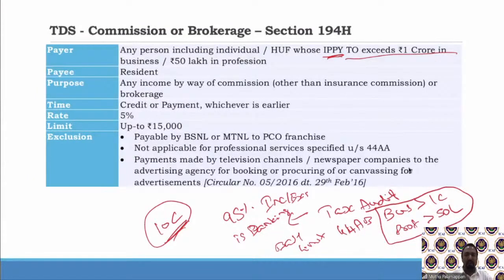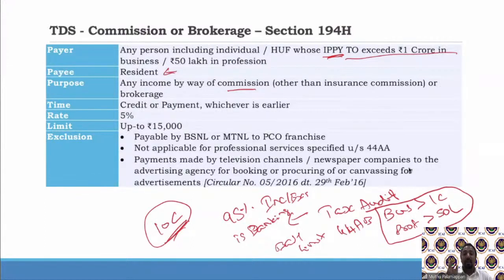So wherever it is non-resident, probably I'll stress it out. So the payee is a resident. What is he receiving? The payment made by the payer to the payee is for the purpose of commission, and it shall be other than insurance commission, also other than the commission on sale of lottery tickets, because both